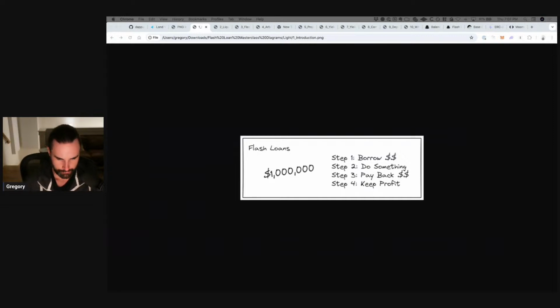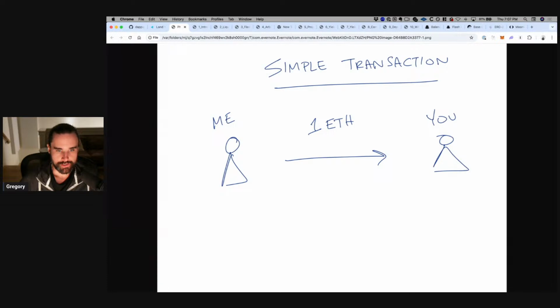Okay. So what does it mean to borrow money and instantly pay it back in the same transaction? Why is that even good to do? Why would you want to do that? Well, first of all, let's talk about transactions in the first place. So blockchain supports simple transactions and complex transactions, okay? So let's just say, for example purposes, that I send cryptocurrency from my account to yours, all right? That's a simple transaction with one set of instructions.